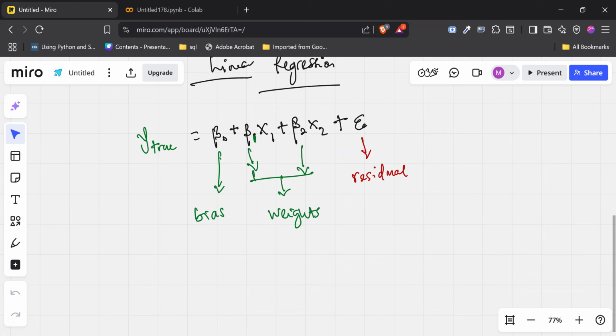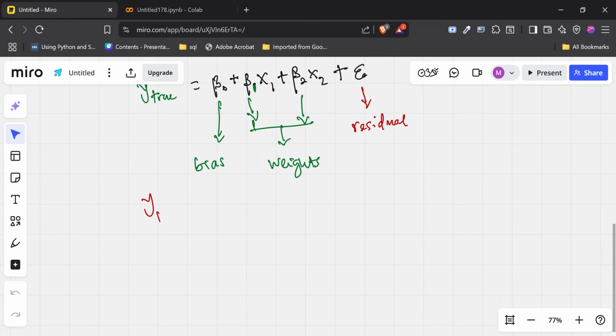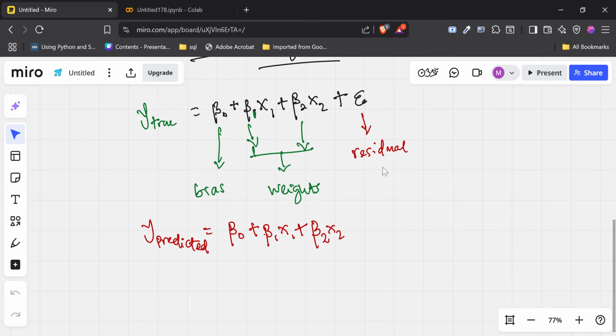Y predicted, that is the y that our model is going to be predicting, is going to be equal to beta naught plus beta 1 x1 plus beta 2 x2, and that is it. And you're going to see that the only difference is there is no residual here. This residual here, we cannot model it. We don't have a way for us to capture it in our prediction because it changes. It's noise. It's just some tiny little factor that we cannot add to this.